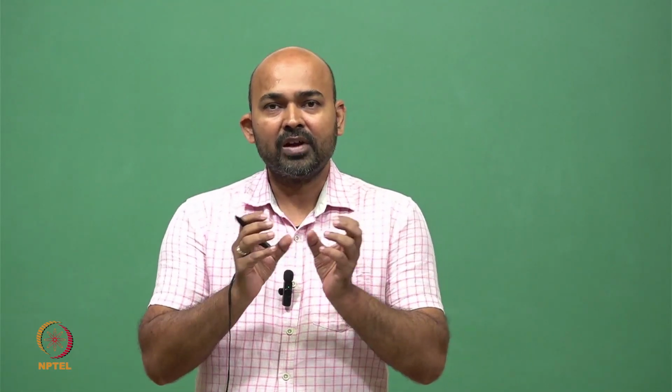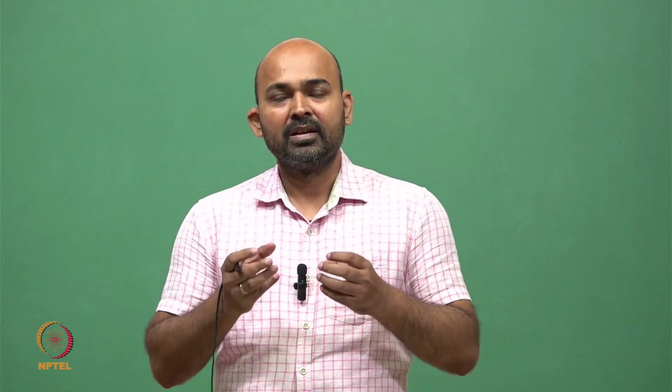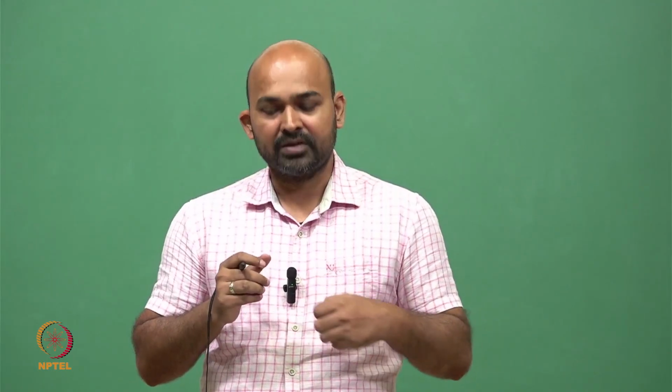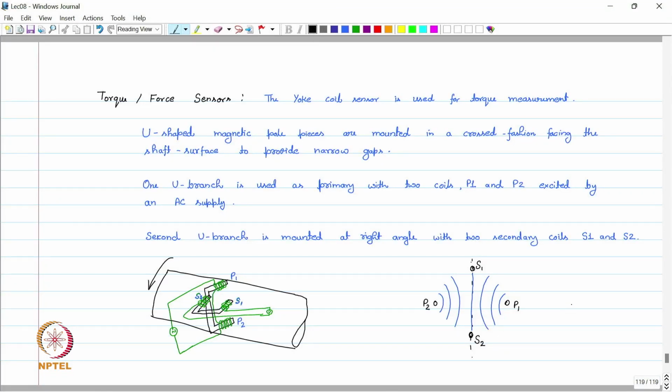That change in the flux, or change in the secondary voltage, is proportional to the torque applied on the shaft. So if we plot the flux, this is the one without mechanical stress, or without torque,